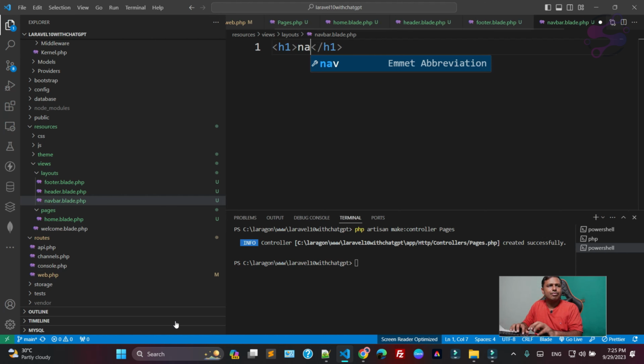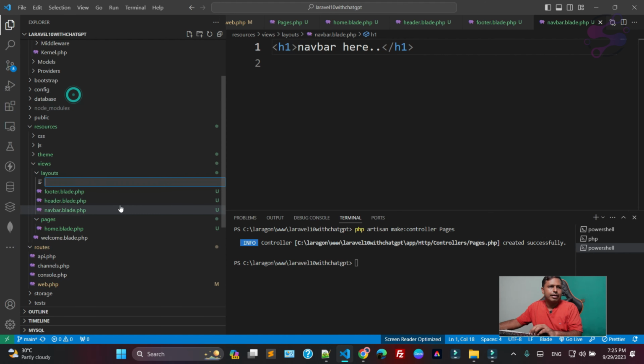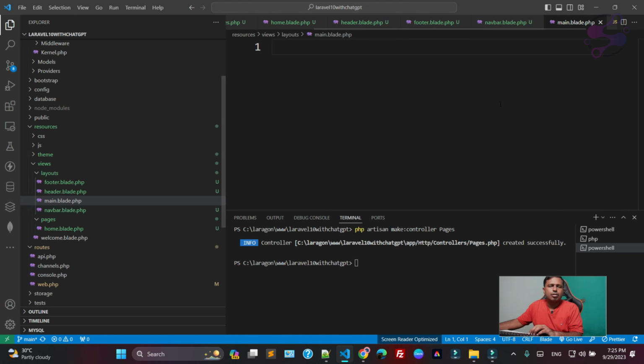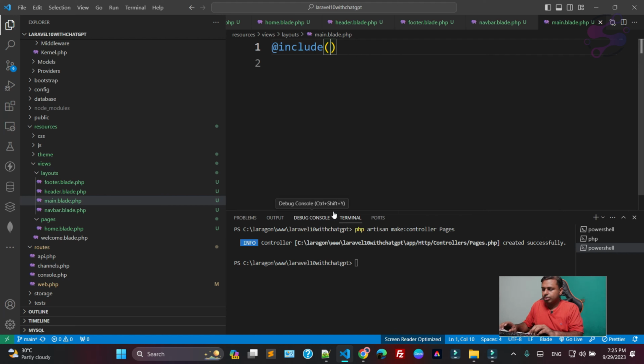I'm saying navbar here. And then we have the main layout, so we can easily extend the layout in the home page or the home view. I'm saying this is the main.blade.php, and here I'm saying include which one. If I say include header,